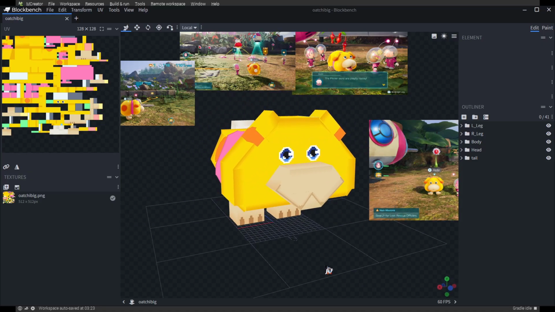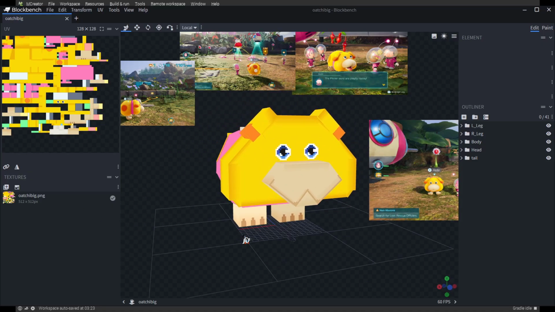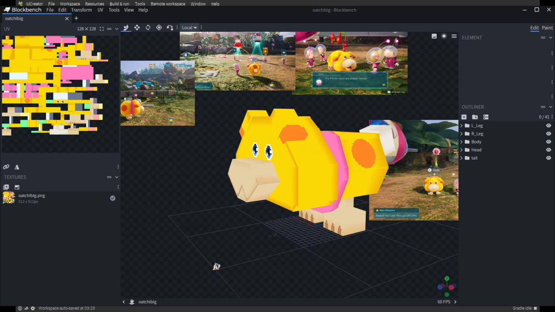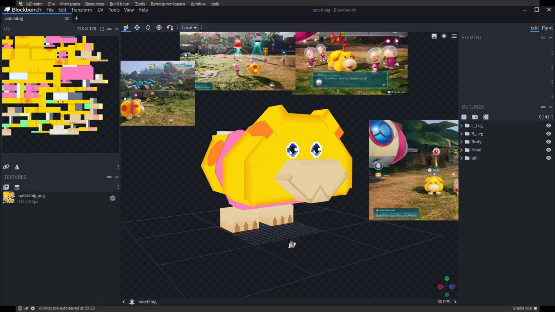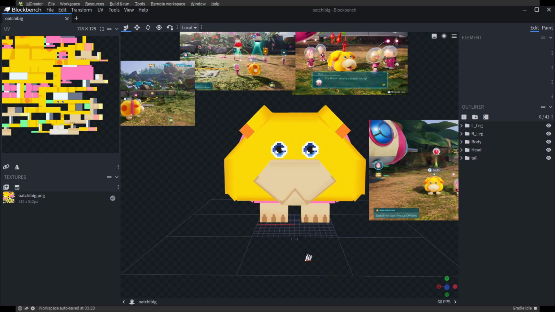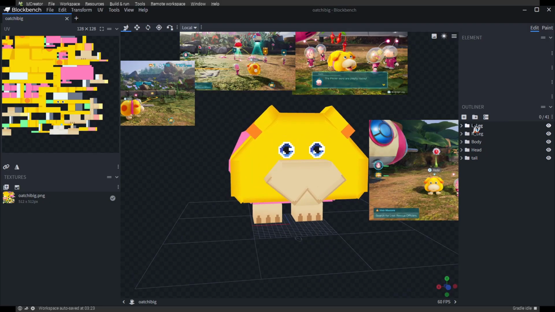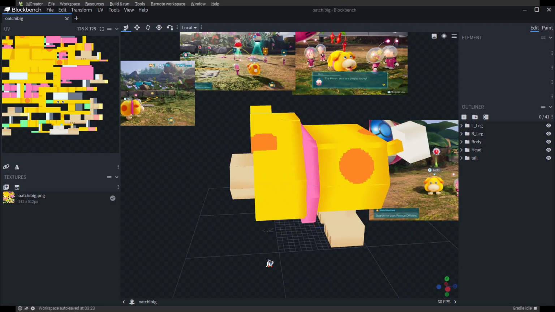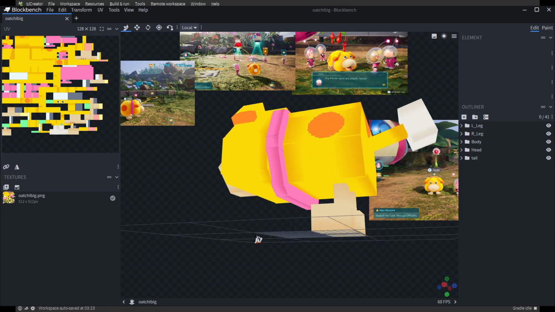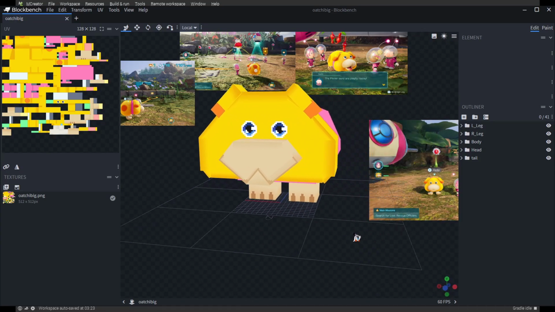I adore him. And I'm going to be giving you some tips and pointers on how to work with Minecraft entities. I can't tell you exactly how to make them because you can make whatever you want, but I can give you some tips on how to make them work properly in Minecraft. As you can see for my Ochi model here, I have it split into various groups, and this is really important because this will tell Minecraft how to animate your model when we import it